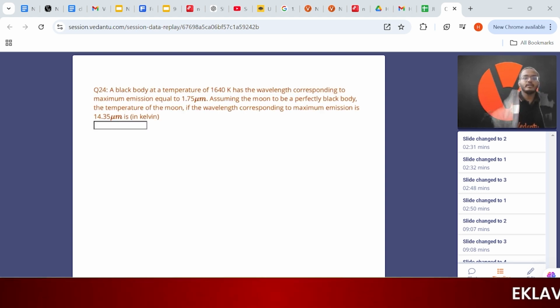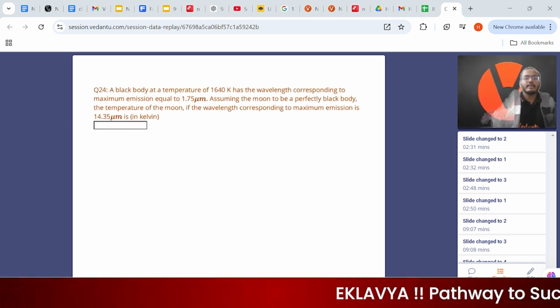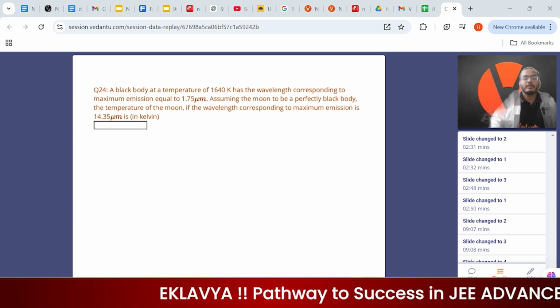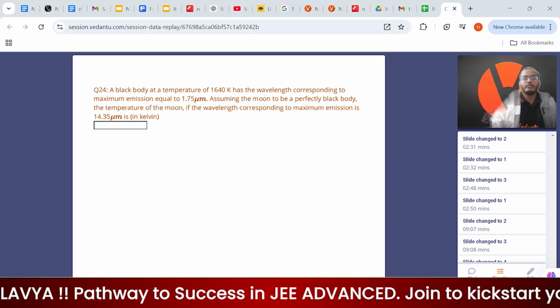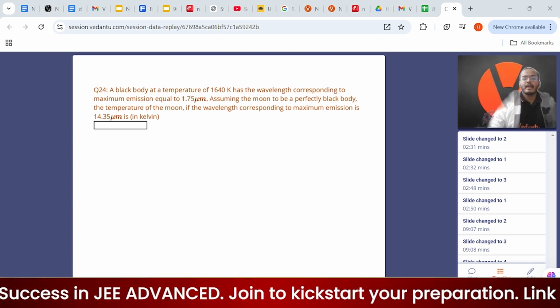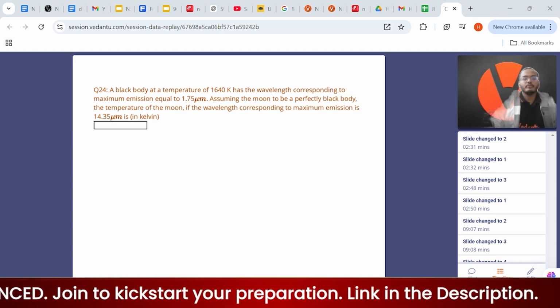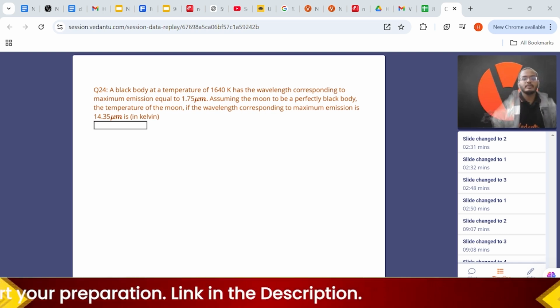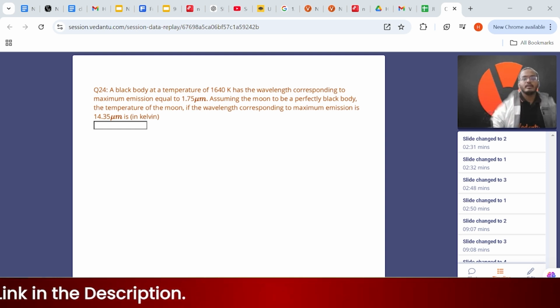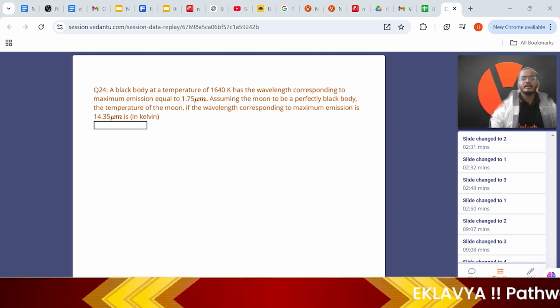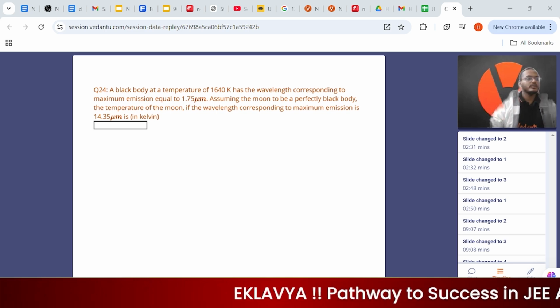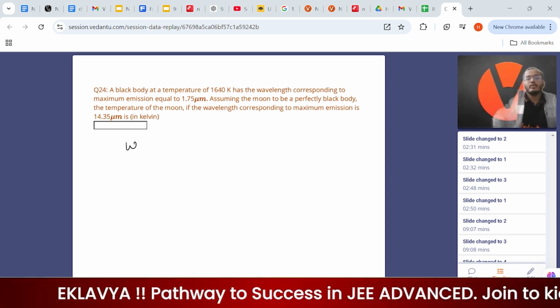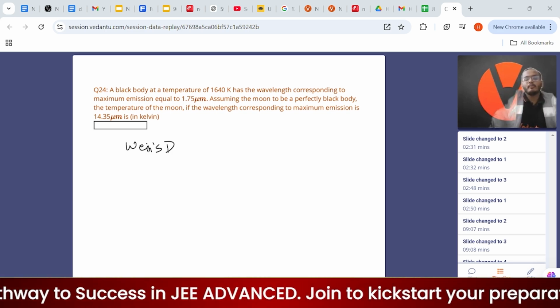Let's do the next question. A black body of temperature at a wavelength, assuming the moon to be a perfect black body, the temperature of the moon, if the wavelength corresponding to maximum emission is 14.35 micrometer, is in Kelvin. So they are asking about the temperature, now by Wien's